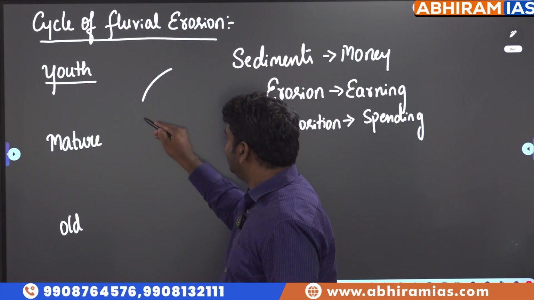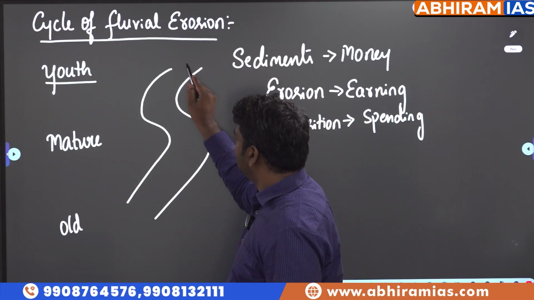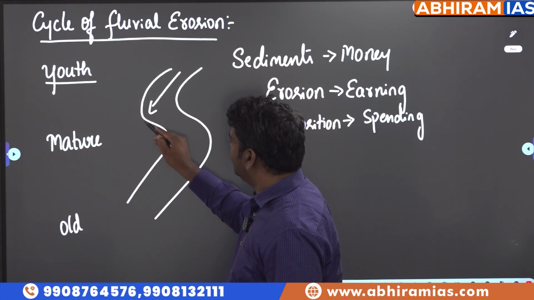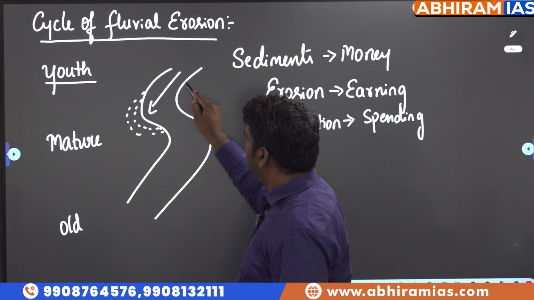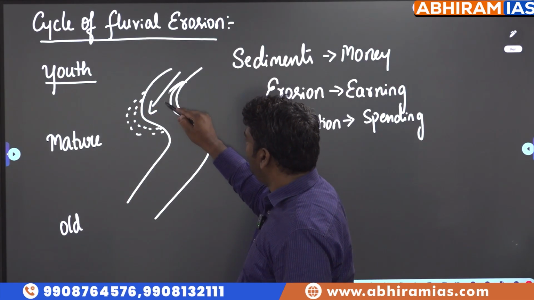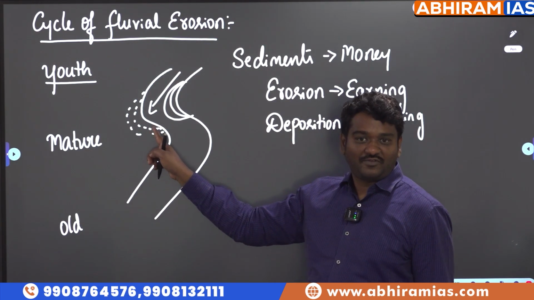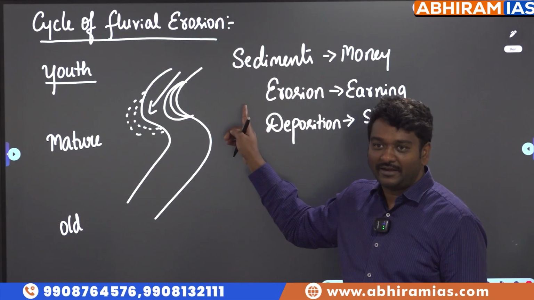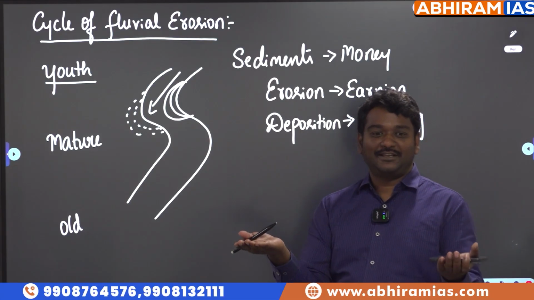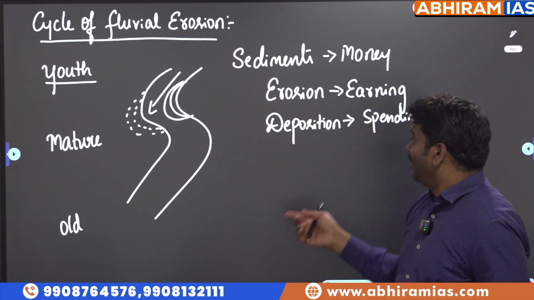Mature stage, it would be like this. See, the river hits here. So what is going to happen? There will be erosion. This side there will be deposition. There will be erosion on one side, deposition on the other side. Mature phase, once people get married, income is equal to expenditure, according to him. Okay. Old,